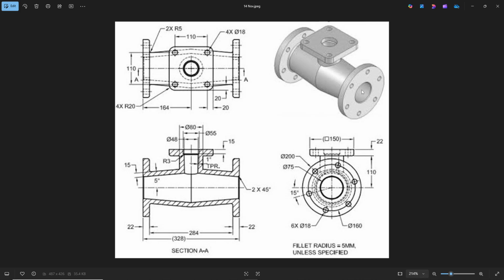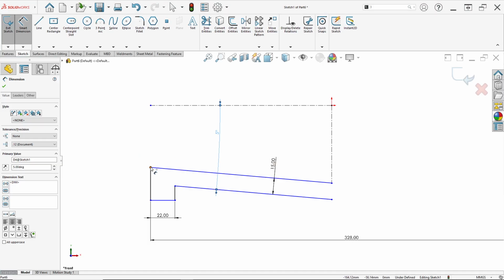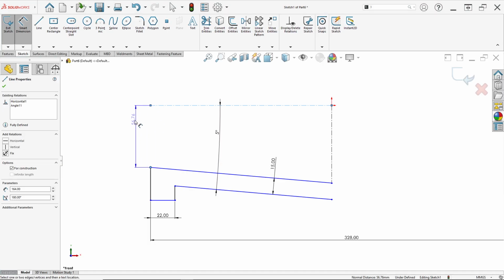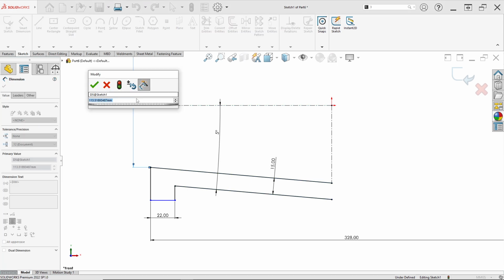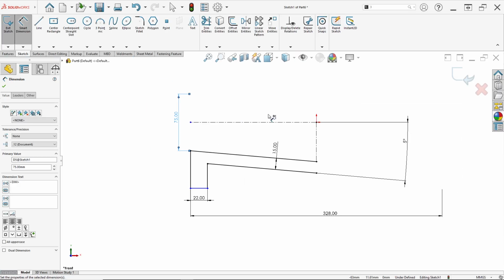Then this hole in here, from this point to the center line, has a diameter of 75 in here, this hole. So for the distance from this point to this center line in here, the diameter is 75 millimeter, like this.